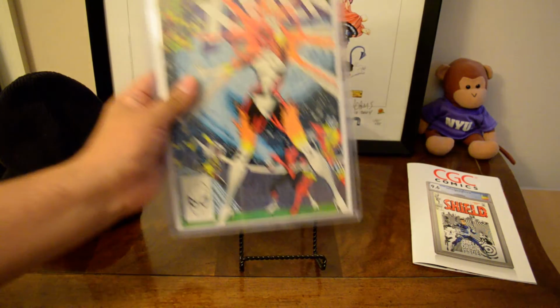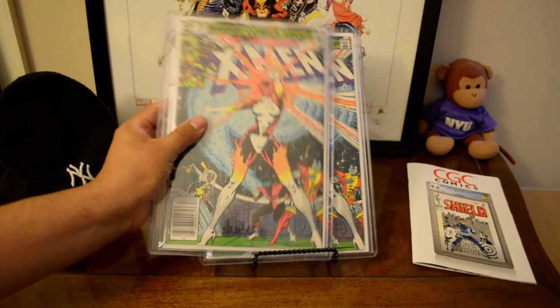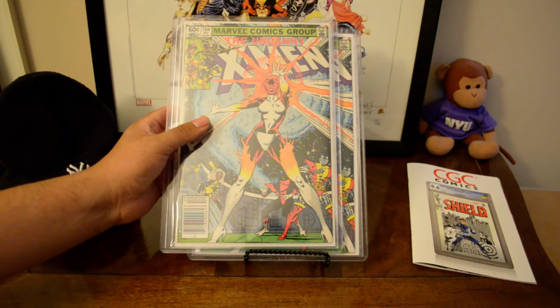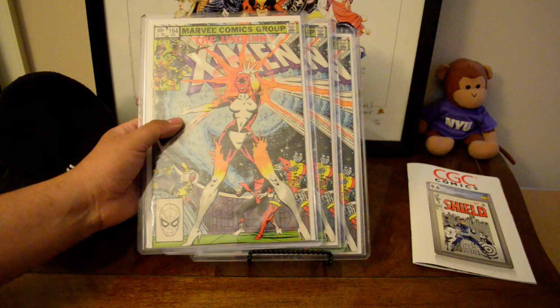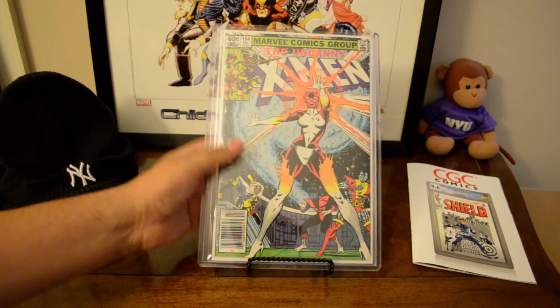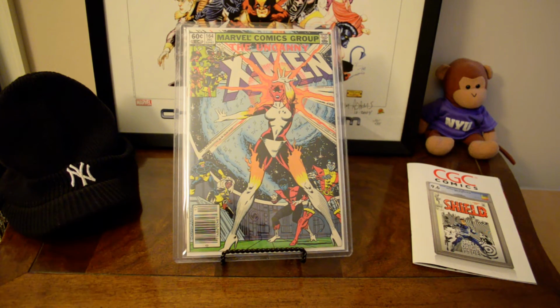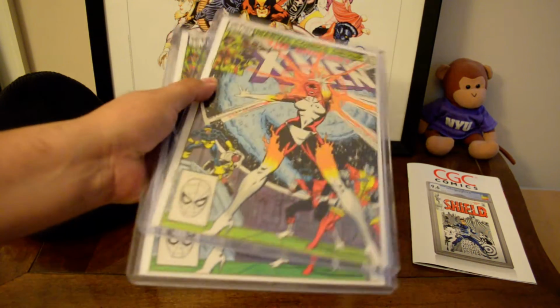I have 3 copies of this X-Men 164, first appearance of Binary. X-Men 164. I want to see what happens with that. I believe one of these is newsstand, if that matters to any collector out there. We'll see how that comes out to play with these other 2